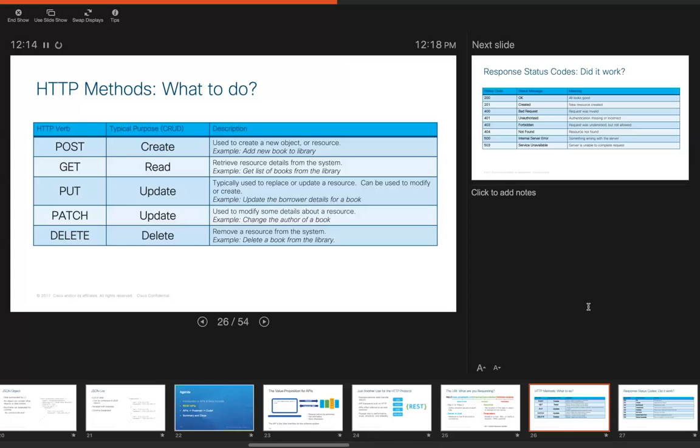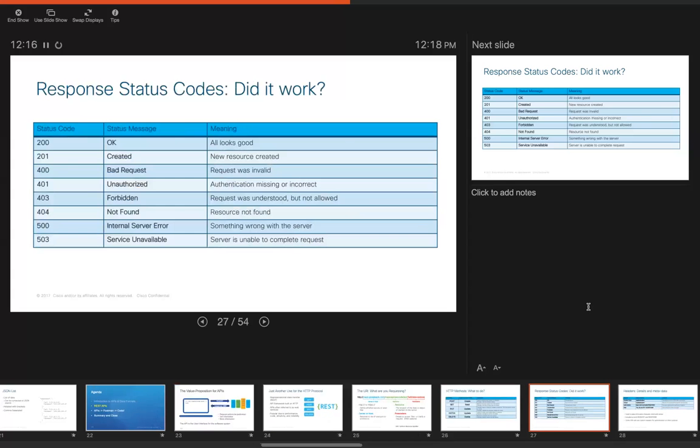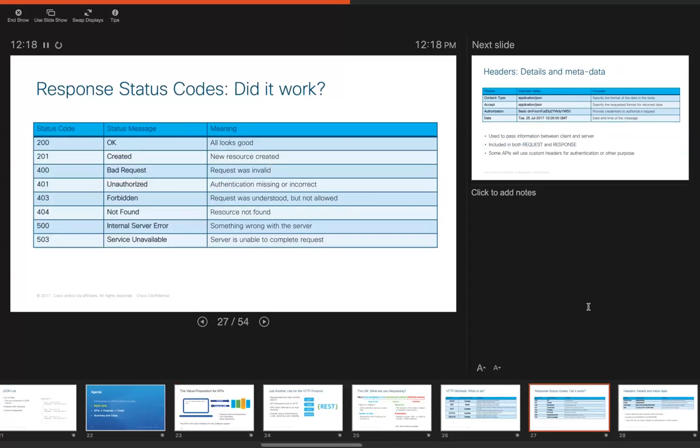Now, when we send these methods, a lot like what happens with web pages, if we type in a web page that may not exist, we have seen in the past that the web browser comes back with a 404 file not found error. In a similar way, when we call these REST APIs, we're going to get some status codes back. Typically, anything in the 200 range is a good thing. It means that it's come back well, and that everything is good with the information that we should be getting back. We might see, however, something in the 400 range.